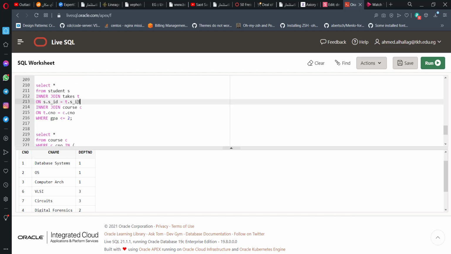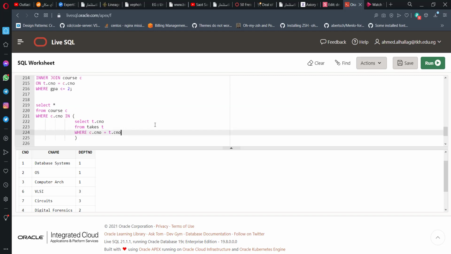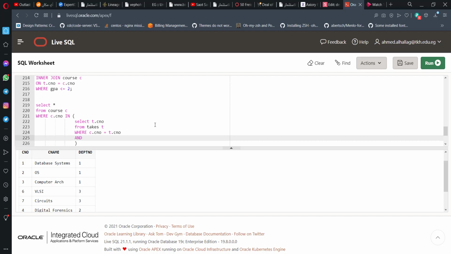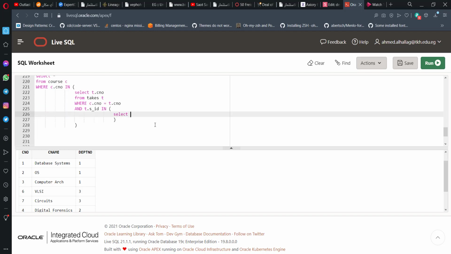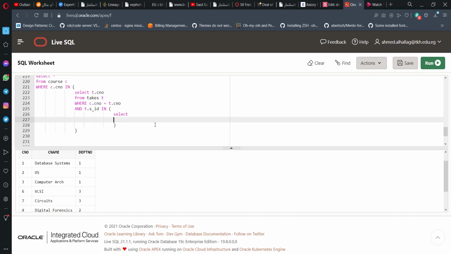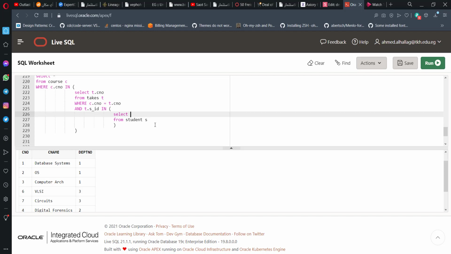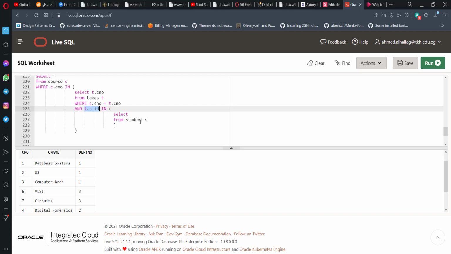Okay, so we want to do this part here, right? So we want to actually do this part by joining takes on student, right? Since we have takes already in hand, we can just continue on the where clause and say that I'm going to pick that takes SID, which is a foreign key, right, from the student's SID primary key, and check if it is in the following, or join it on the following rows, right, from student, right, let's give it an S,